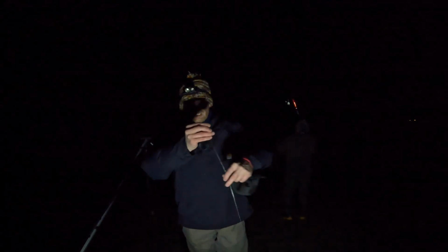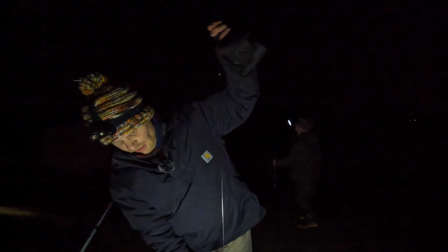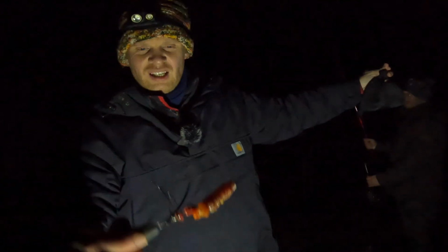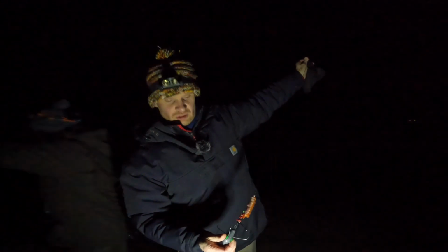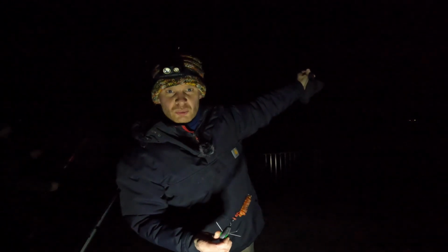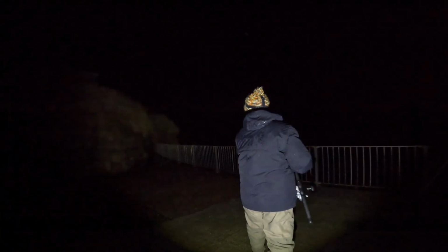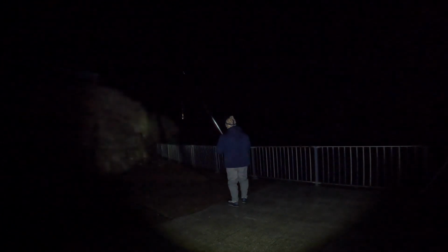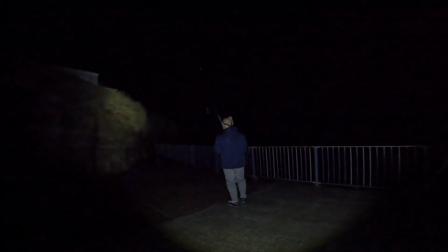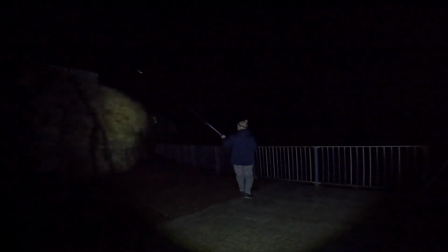So rigs tonight are just the usual 3-4 foot pulley pennel setup, bit of carton squid, 6 ounce gripper with a rotter on. So we'll get these out, hopefully pull something in. Slightly tricky casting here, it is an overhead thump, that's all you can really do here. Not the easiest, but